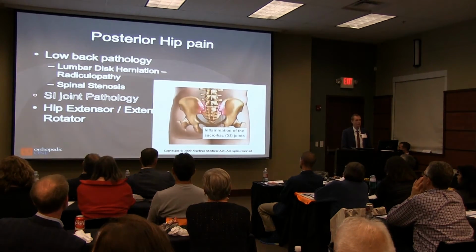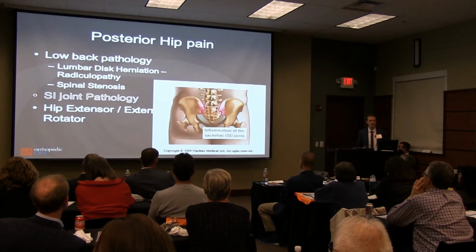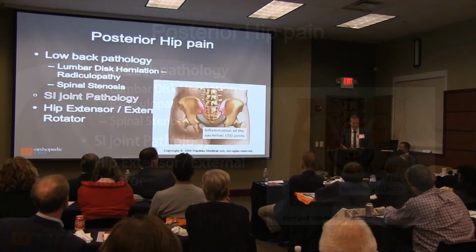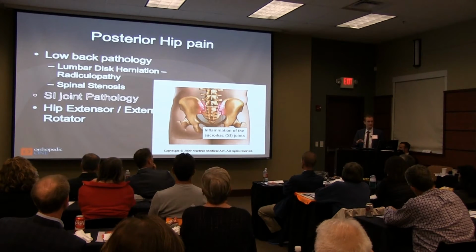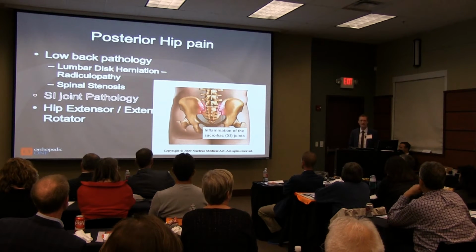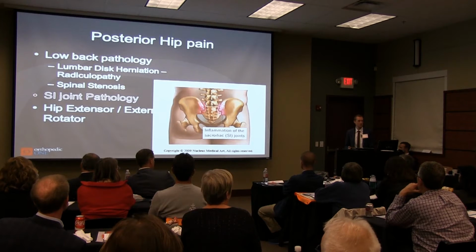All right, so SI joint pathology. These people have buttock pain that's non-radiating. And a lot of times they will specifically point right to the back of the SI joint or the sacrum. And again, like I had mentioned, sacral stress fractures can present very similarly to this, except a little more dramatic. Sacral stress fractures, they have trouble putting weight on their leg, whereas SI joint arthritis or inflammation patients usually can. But typically on physical exam, the FABER test, that's flexion, abduction, and external rotation of the leg, will put some stress on the SI joint and oftentimes cause